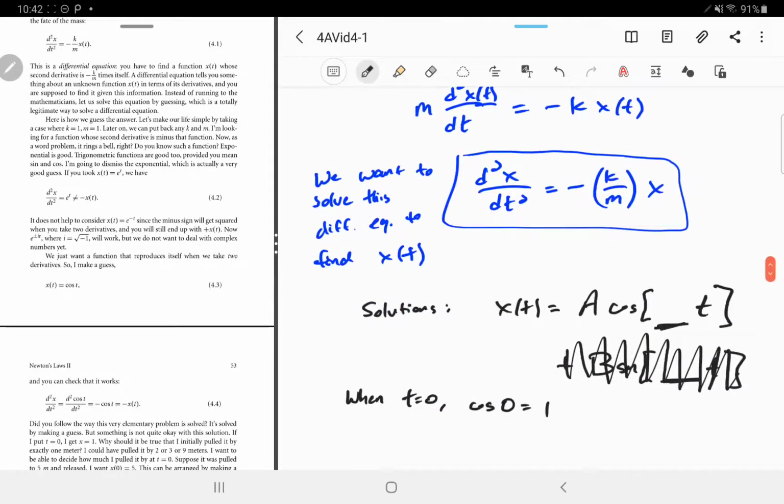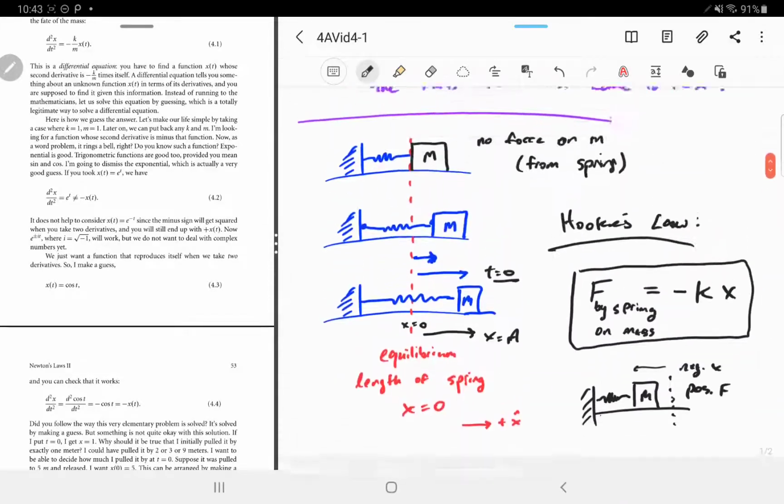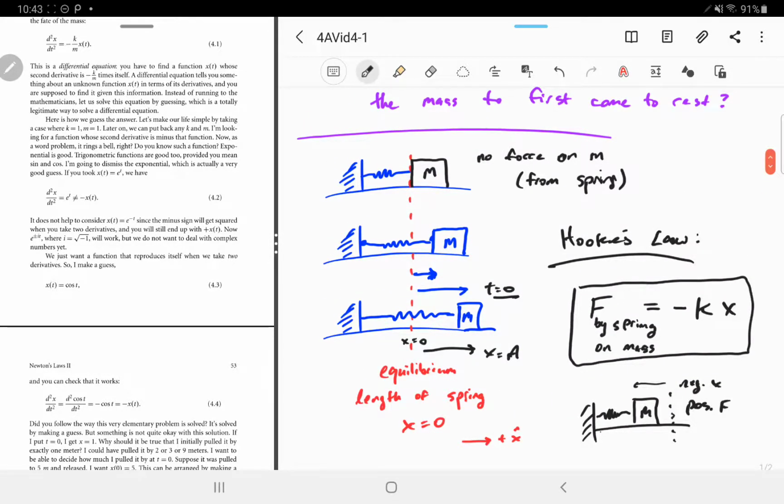Notice how x and a have the same dimensions right here. Cosine is dimensionless, so this constant a in front of the cosine is a distance. It's a position, and because cosine is from -1 to 1, it's actually the maximum distance away from equilibrium. So cosine is the function that gives 1 when you plug in t equals 0, and so cosine is the one we want for this particular situation, if we call t equals 0 where we stretch out the mass and we let it go. So if the mass is stretched out the farthest possible at x equals a, then we're going to use